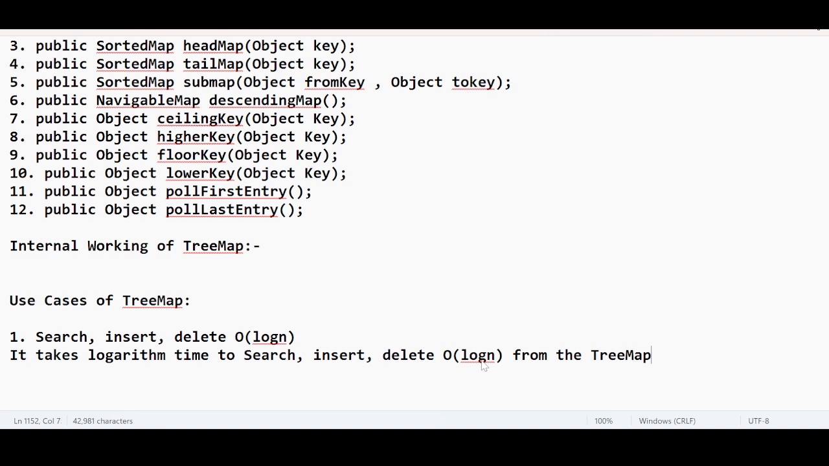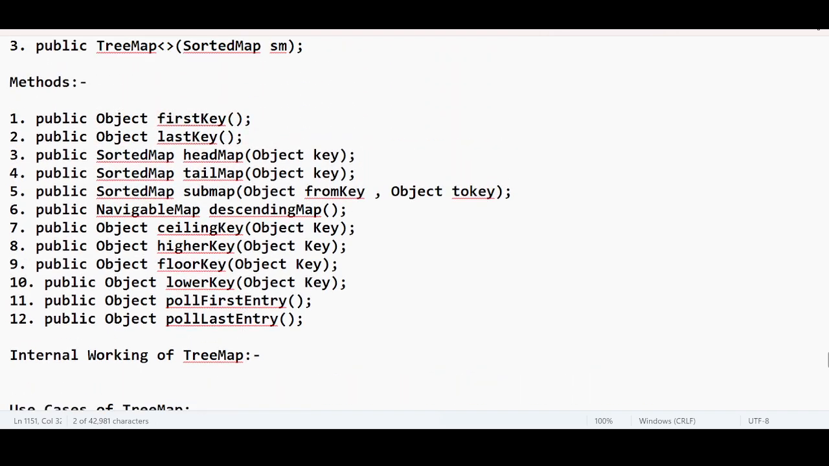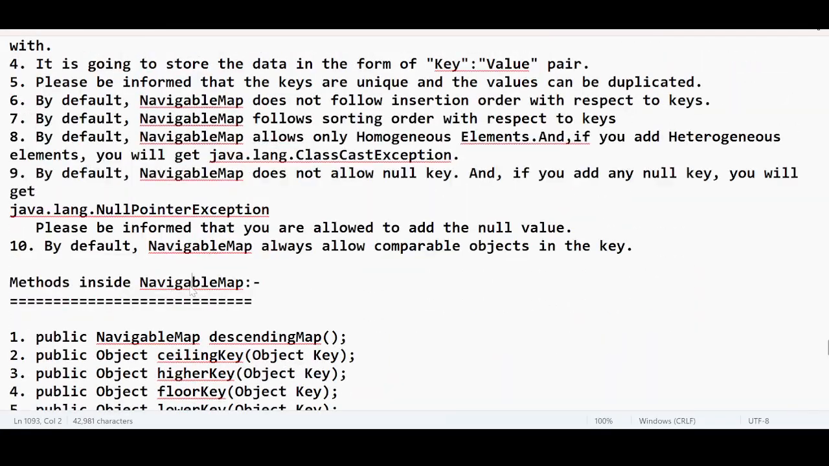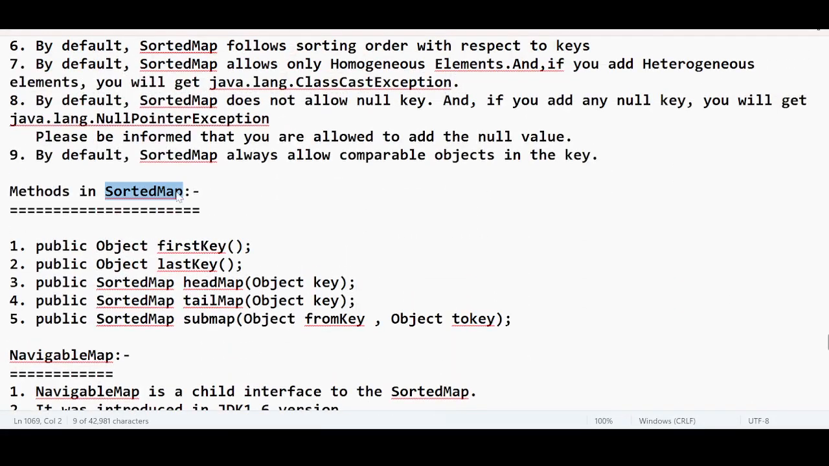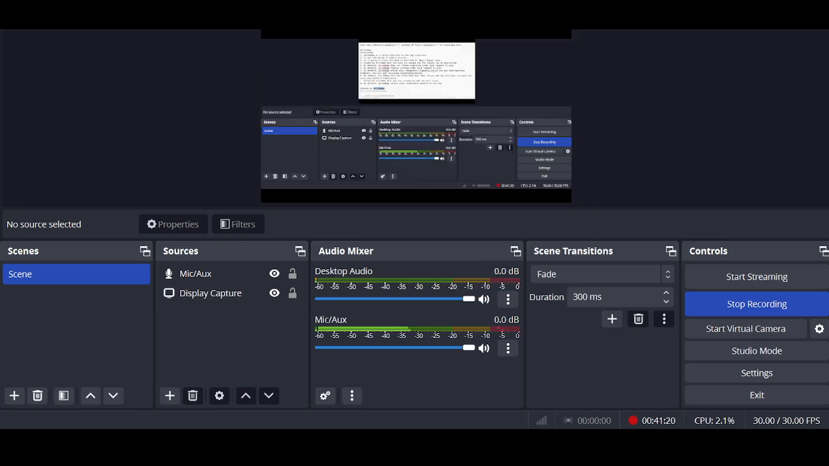Okay, I think that's it about this TreeMap. If you want to sort the keys in ascending order, and get the benefit of search, insert and delete operations in a short period of time, in log n time, you can use TreeMap. And you can practice these methods on top of TreeMaps: first key, last key, head map, tail map. Everything is the same, which has been discussed in NavigableMap as well as SortedMap. Okay, so let us conclude this session, and